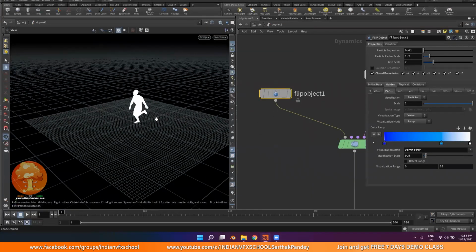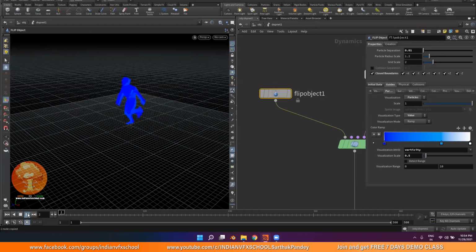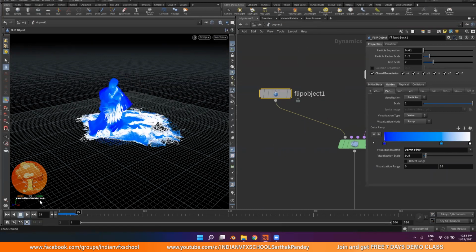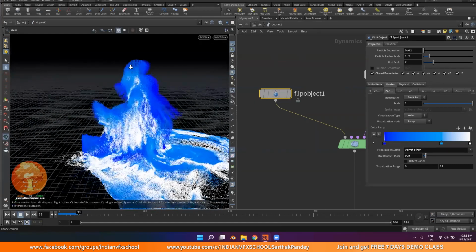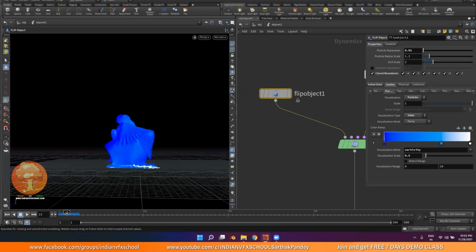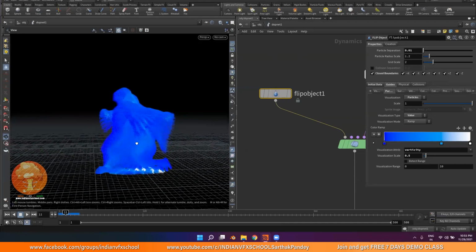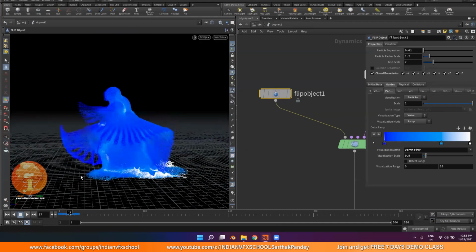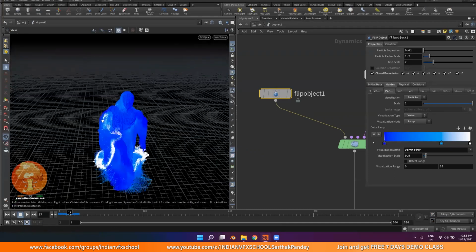All right, so now if I start the simulation, you will see we will have something like this, and I'll just let it simulate and forward the video. As you can see, right now we are simming it at really high resolution, and there's an issue. You can see right away it's instancing particles on every frame, and obviously that's what it does. But we are not really having any splashiness from our liquid.